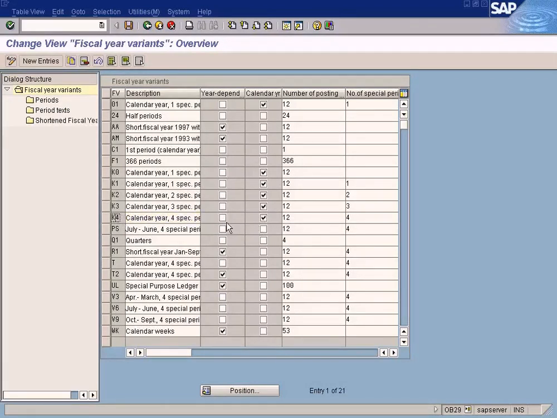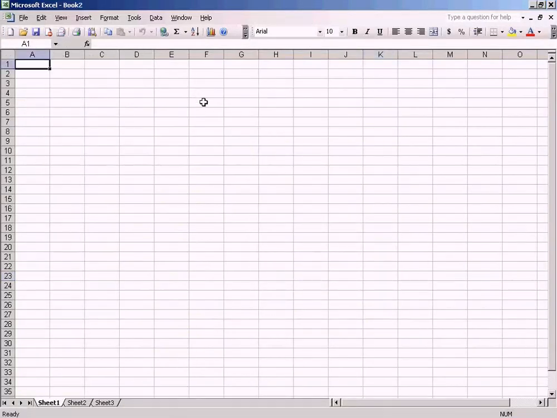See this? It is defined as a calendar year, and we have a number of posting periods of 12 and special periods of 4. What this means is that this fiscal year variant is just a code. Okay, it is a code given for the fiscal year. Just look at it as a code, and it is defined as calendar year, which means that our posting periods correspond to the calendar months and dates. So for example, if I open up an Excel sheet here, this means that